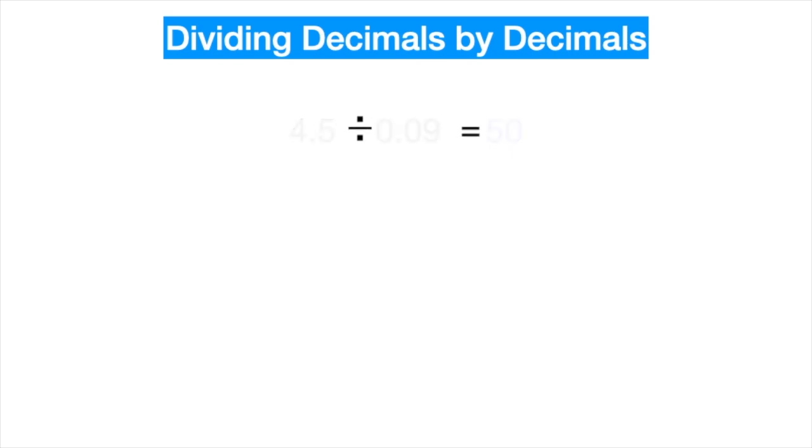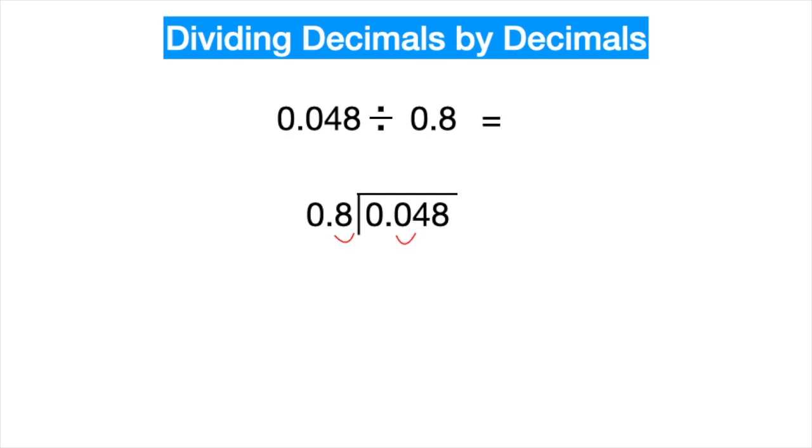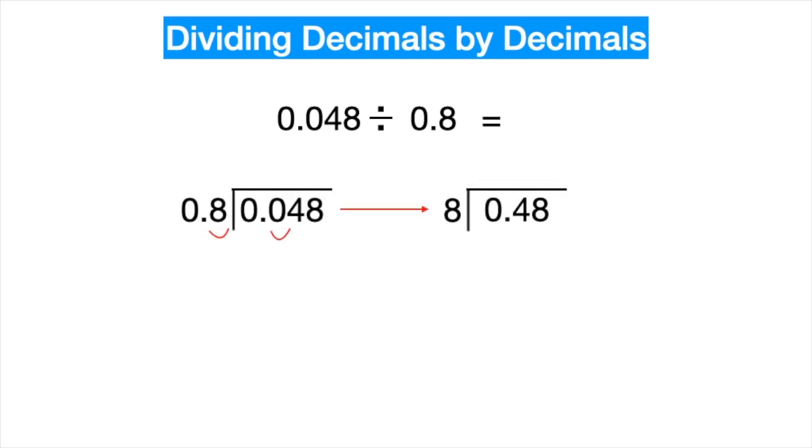Let's try a different problem. What about 0.048 divided by 0.8? This time, let's use the long division. The divisor 0.8 goes on the outside, and the dividend 0.048 goes on the inside. And again, you do not want to have a decimal point on the divisor, so you multiply by 10 on both the divisor and the dividend. And in that case, we end up with 0.48 divided by 8. And then we put the decimal point on the top, right above the decimal point of the dividend,